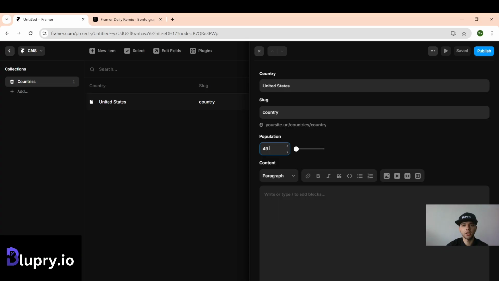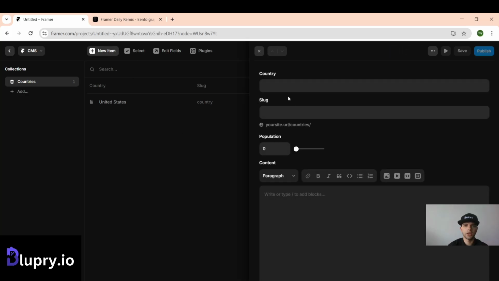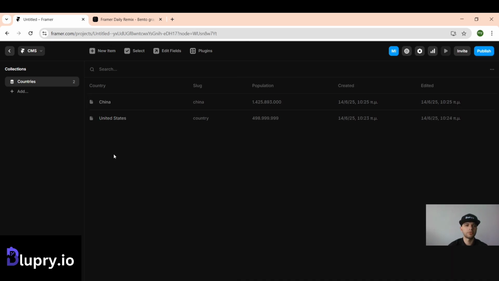And then you can add the number for the population. And you can create as many as you wish. So for now we'll create two.